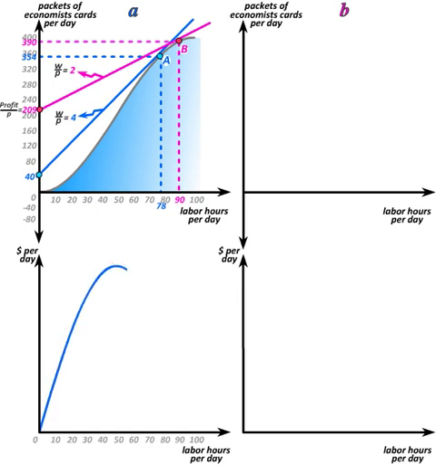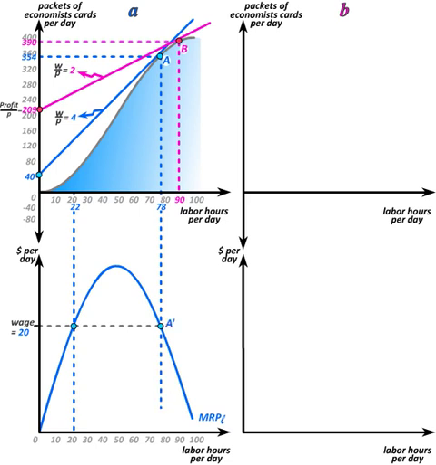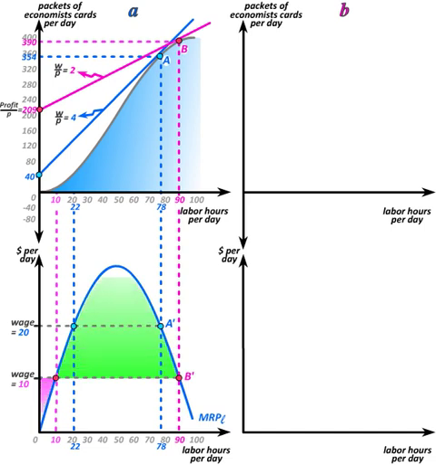We can show the same thing in our marginal revenue product of labor graph, where at a wage of 20, we're optimally choosing 78 labor hours at the point A prime, which corresponds to the initial production plan A. A change in the wage doesn't change the marginal revenue product of labor, because the marginal revenue product is simply equal to the marginal product times price. As the wage falls from 20 to 10, we therefore simply move to the lower wage and read the new optimal level of labor off of point B prime, which corresponds to the production plan B in the upper part